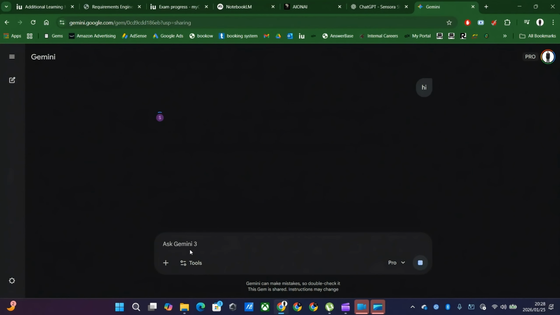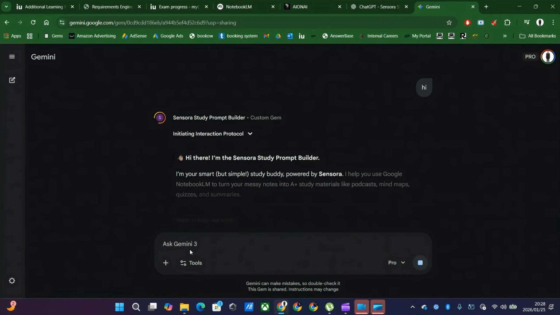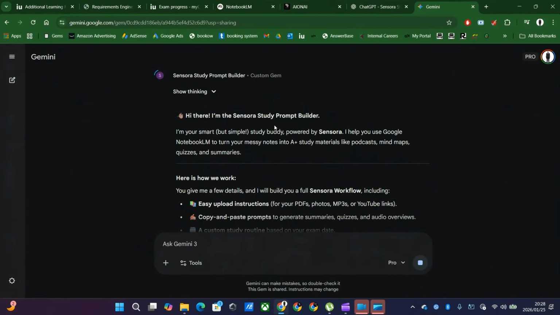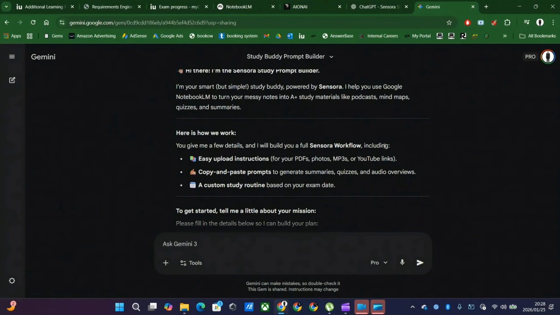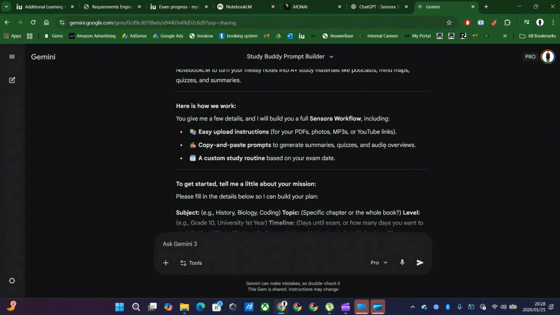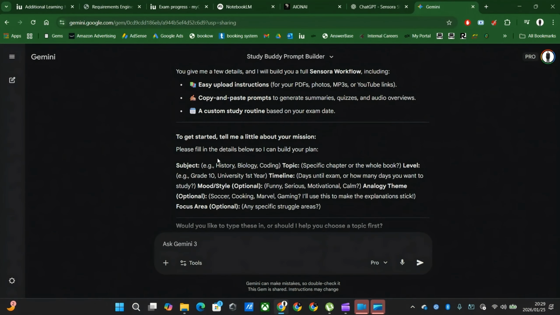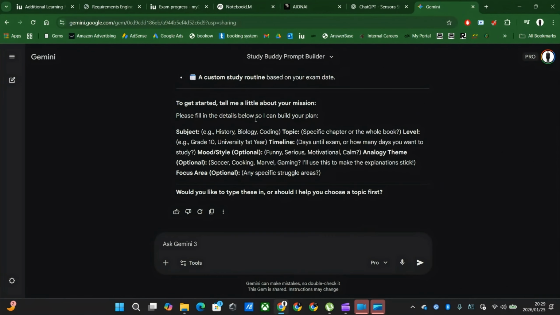Hi, same process. It's telling you what it's doing, initiating interaction protocol. Right, hi there, I am the Sensora Study Prompt Builder. I'm your smart but simple buddy powered by Sensora. I help you use Google NotebookLM to turn your messy notes into A plus study material, like podcasts, mind maps, quizzes, and summaries. Right? We have that. Now, to get started, tell me a little about your mission. Please fill in the details so that I can build